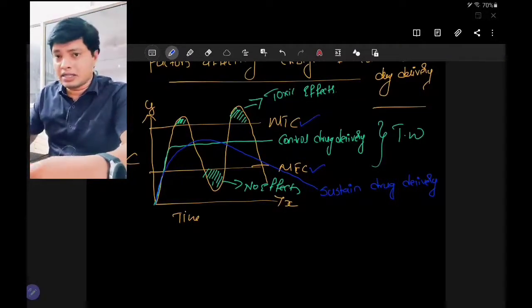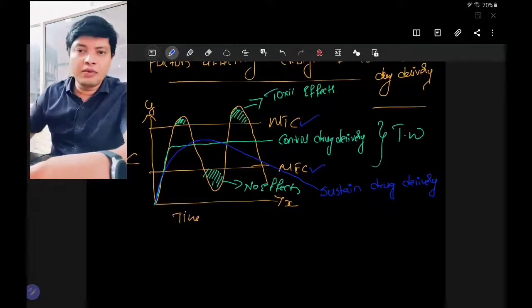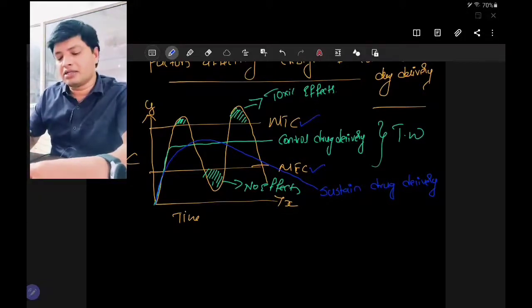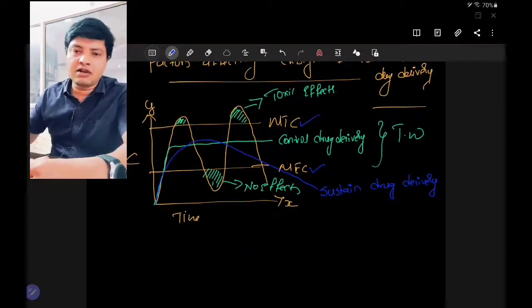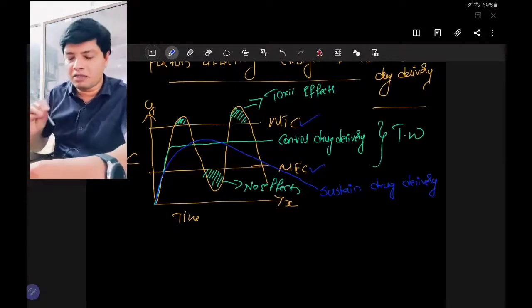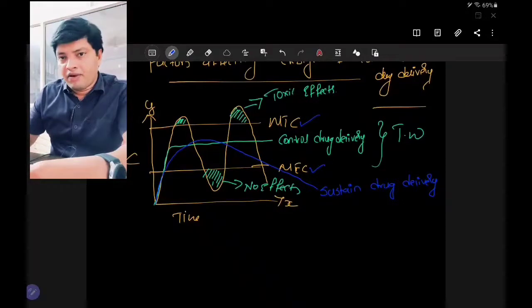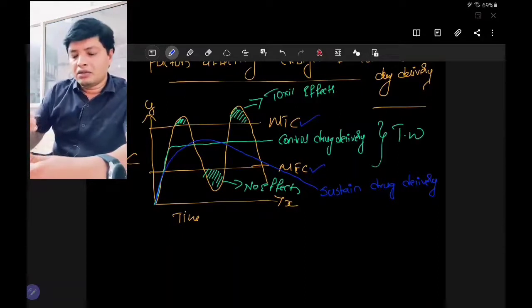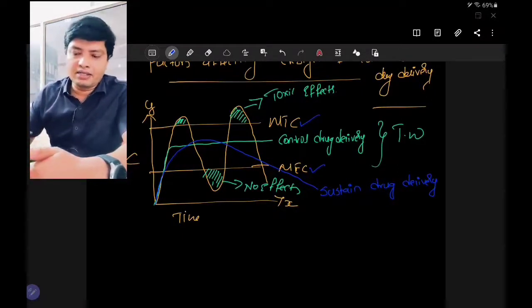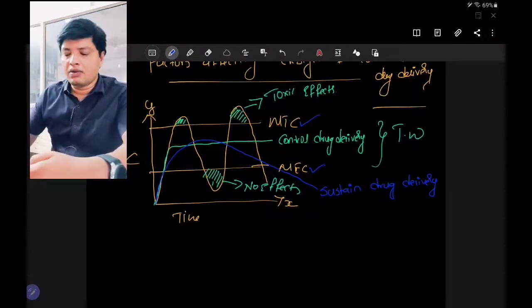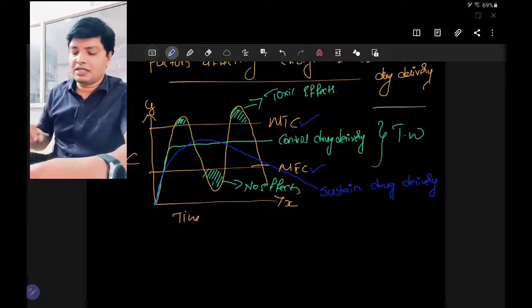So the lifespan of a particular drug is increased, and each and every time I am not able to produce a new drug for a particular disease. Let's say for example we can take antibiotics. To increase their efficacy, instead of producing a new antibiotic, you can take the old antibiotic and make it in a new dosage form, which will improve its plasma drug concentration time profile, in turn reducing its side effects compared to its conventional dosage form, and also giving more patient compliance. So this is how you can increase the life cycle. So this is the rationale behind producing your controlled or sustained drug delivery system.